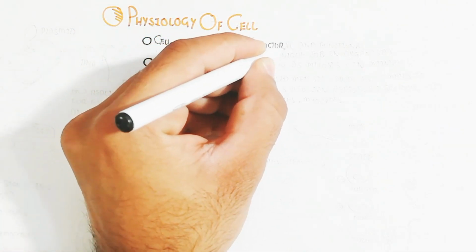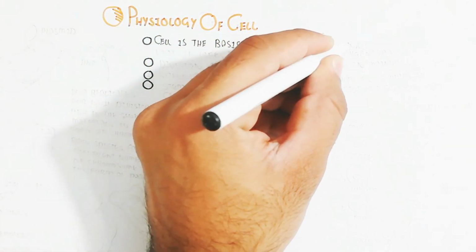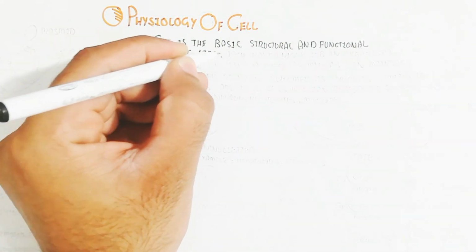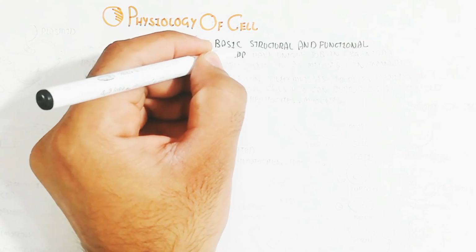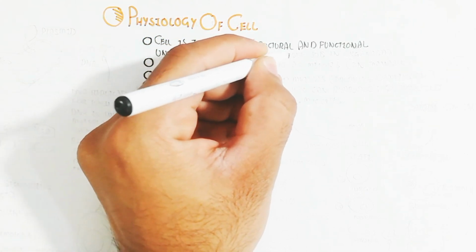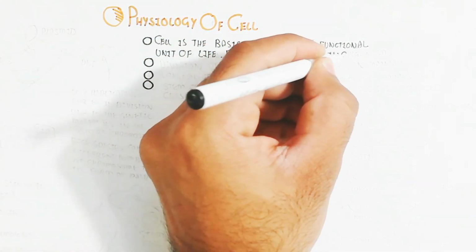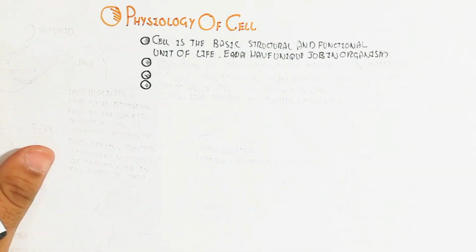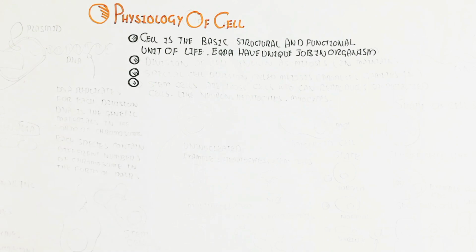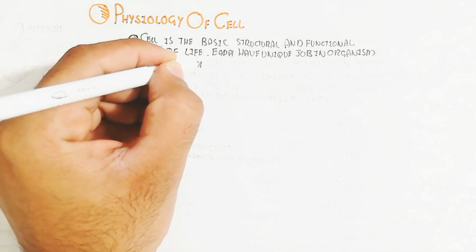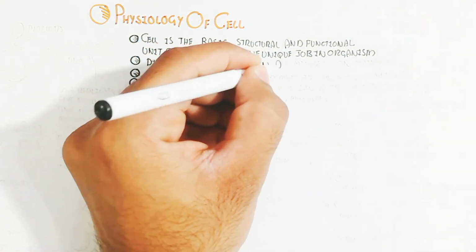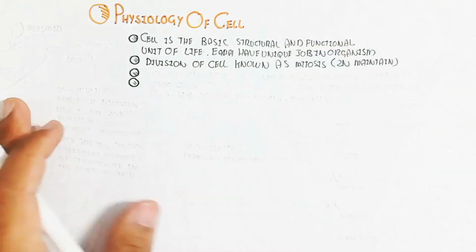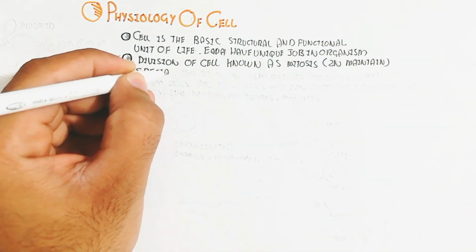Cell is the basic structural and functional unit of life. This is the definition of cell. And each cell has a unique job in the organism, like hepatocyte, myocyte, osteocyte, and other types of cell like neuron. The division of cell is known as mitosis. This mitosis will increase the number of cells to increase the growth of the organism, like human growth, and maintain